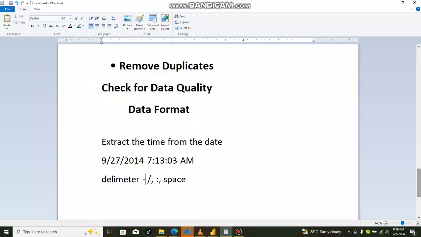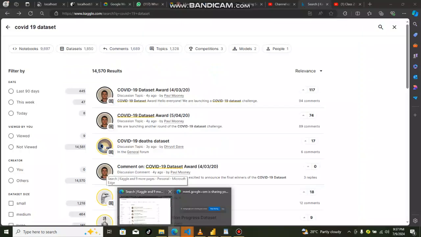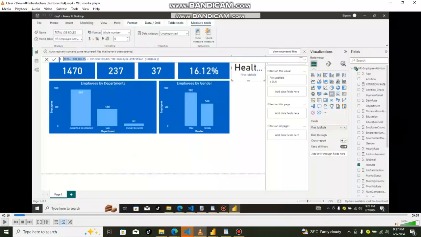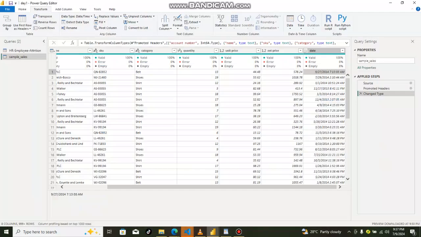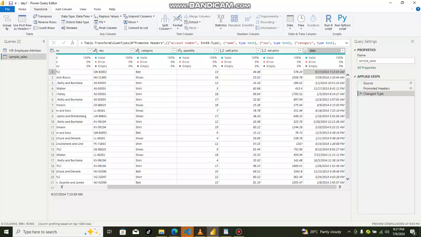If you say separate this by slash, you know what it's going to do? If you are separating this by slash, it means when it gets to 9/27 at this slash, it will bring out a line downward. If it is separated by column, anywhere you see column, it brings out a line. It will separate it to possibly a different column entirely. So I want to separate this by space,